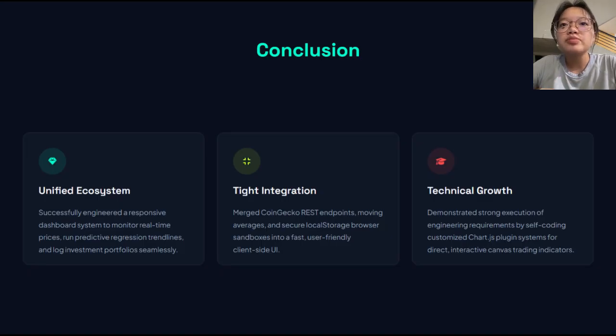In conclusion, the Crypto Analytics dashboard successfully provides users with a platform for monitoring cryptocurrency prices, analyzing market trends, predicting future prices, and managing investment portfolios. Moreover, the system integrates real-time market data, moving average analysis, prediction algorithm, chart annotation tools, and portfolio management features within a single user-friendly interface. Most importantly, throughout the development process, I enhanced the system by implementing interactive chart annotation and